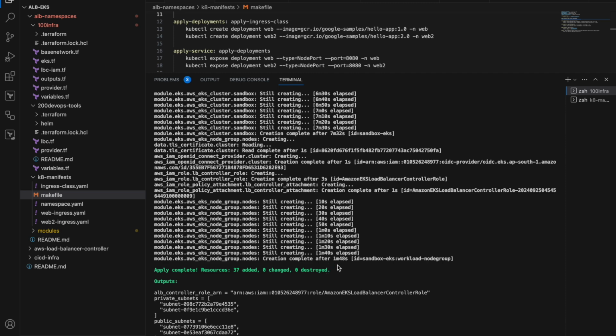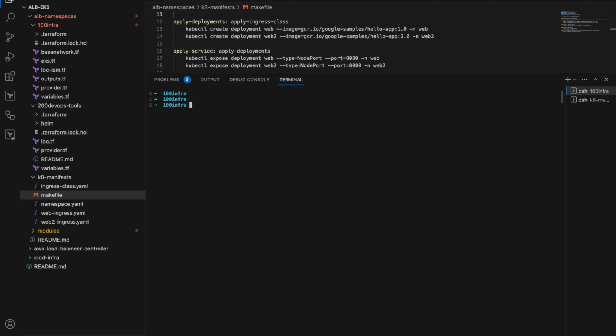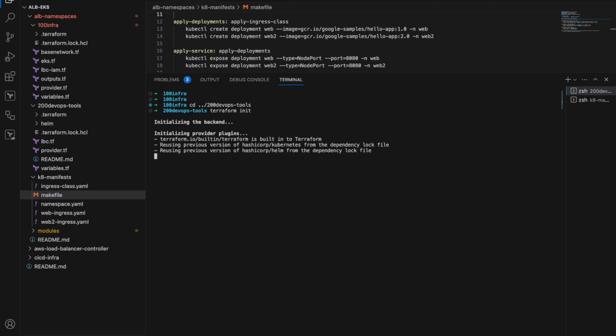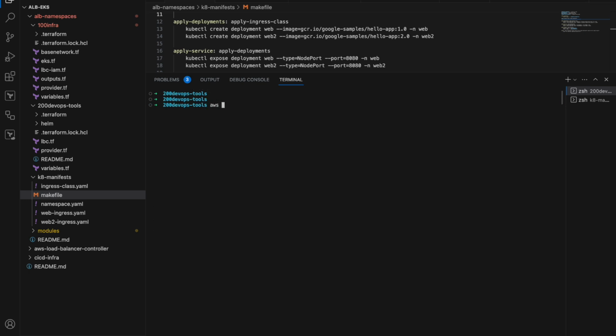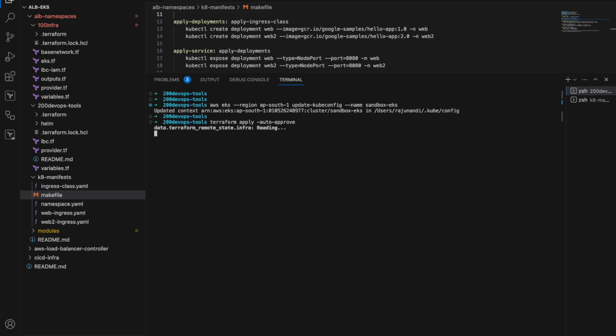Okay, by now our cluster is ready, and we are getting the subnets and public subnets. Perfect. Let's go to the DevOps tools folder now, and I will run Terraform init. But before running Terraform apply, I need to set the context for the EKS cluster that we created just now. So I'm running the aws eks update-kubeconfig command. Now my kubeconfig is updated. This path is also used in the provider. So now the Terraform apply will work properly,